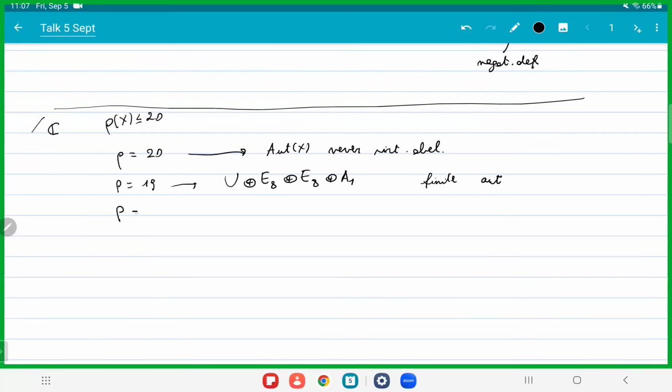And from rank 18 on, the situation becomes a lot more interesting, because now there are going to be some finite automorphism groups. I think there's one example here. I don't remember exactly. And I think there's a parabolic elementary one. I think there are two examples. And going down, there are going to be more and more examples. But just to say that the bigger the Picard rank, the rarer virtually abelian automorphism groups are. And yeah, I don't know if that answers your question.